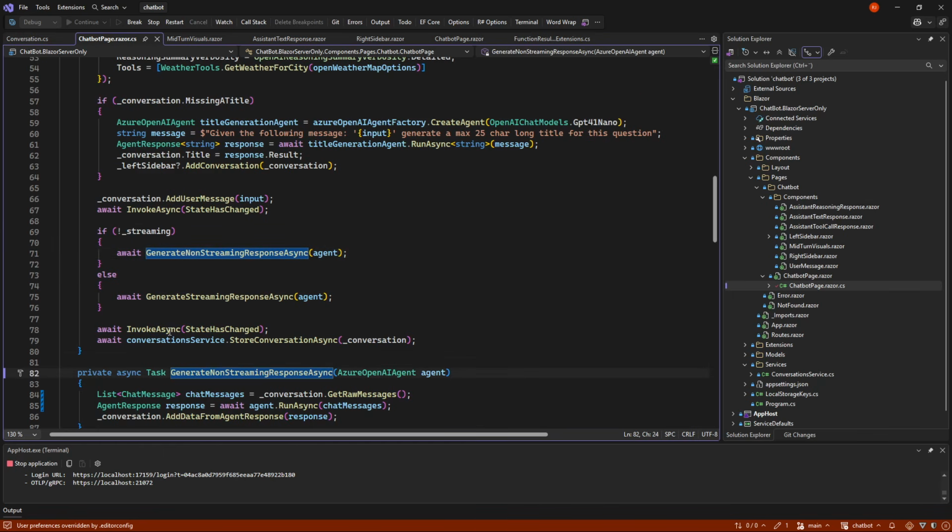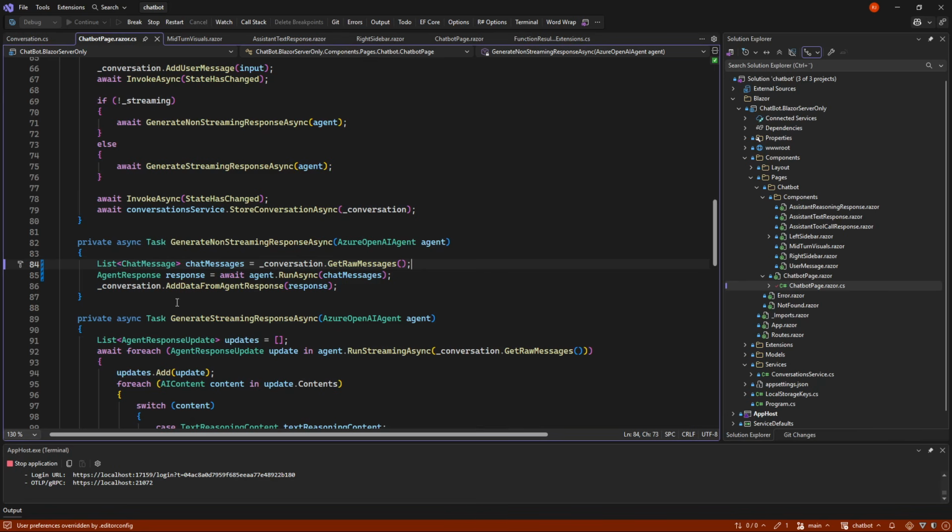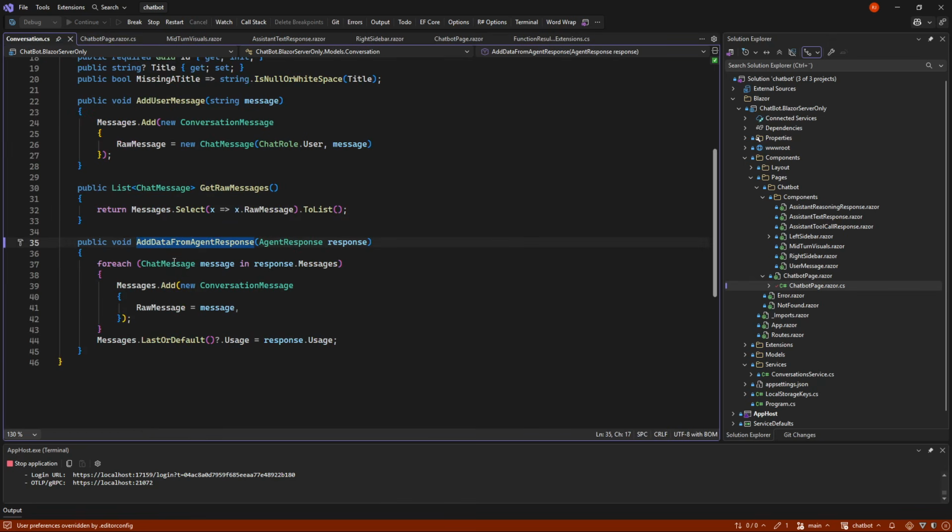Non-streaming is very, very simple in that we just get our chat messages from our previous conversation, send them along so it has the full context, and once we get the results back, we just put it back into the conversation, meaning we take all the messages from our response and put in the usage on the last message.